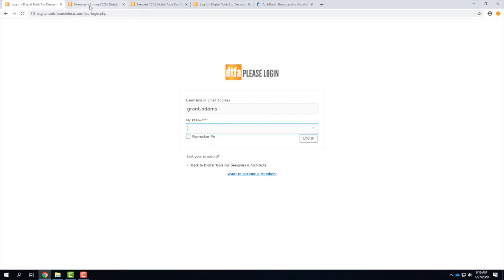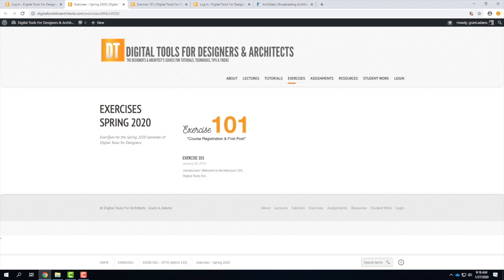When you first log in, as soon as you log in, you'll see a black bar that goes across the page. That means you're logged in. That's a good thing. You want to make sure you're logged in before you do things like comments. You'll also find that if you're not logged in, things are blacked out. Those are things that are content restricted that I can't give freely on the internet. I have to have it, people in my class get access to it or whatever. So you can be aware of that kind of stuff.